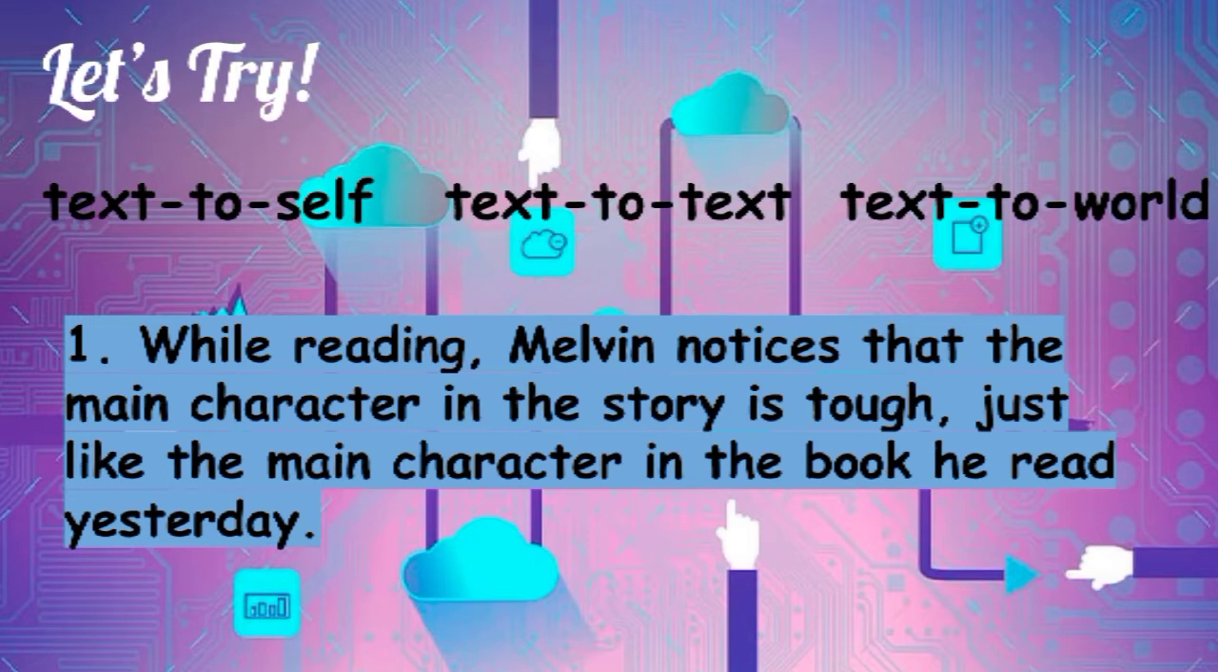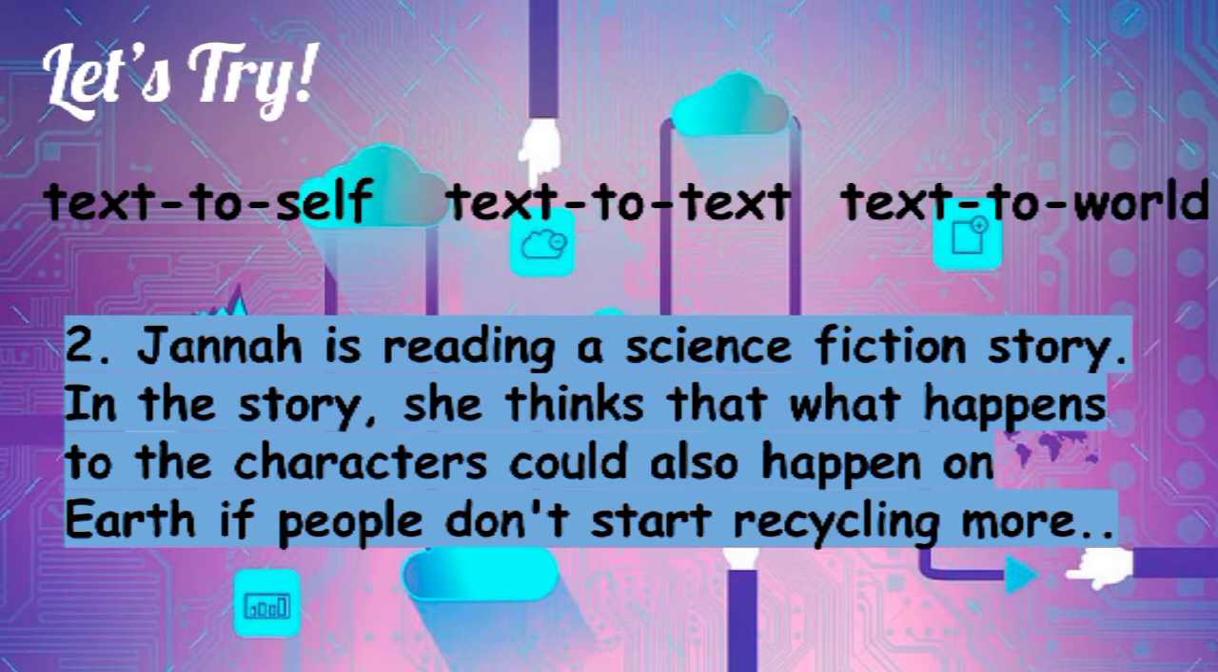So let's try to identify whether it is text-to-self, text-to-text, or text-to-world. Number 1. While reading, Melvin noticed that the main character in the story is stubborn just like the main character in the book he read yesterday. The answer is text-to-text. Number 2. Jana is reading a science fiction story. She thinks that what happens to the characters could also happen on Earth if people don't start recycling more. The answer is